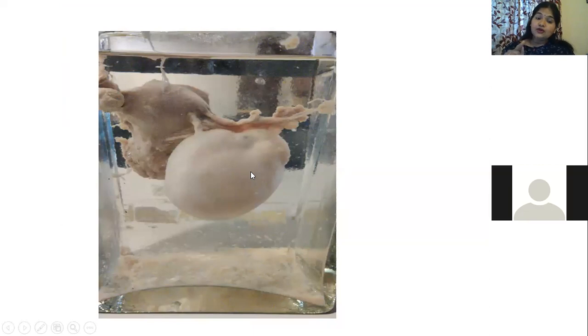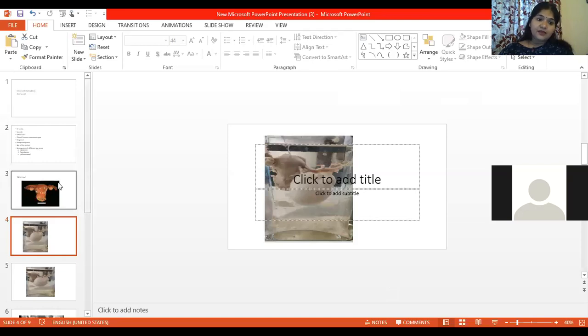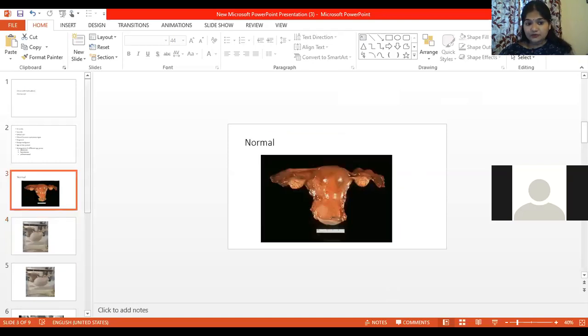When you remove the normal ovary, it is called oophorectomy. When you remove only the cyst of the ovary, it is called cystectomy. When you remove the diseased ovary, it is ovariotomy, right? So when you remove a normal ovary, it is ovariectomy. When you remove a diseased ovary, it is ovariotomy. And when you remove the cyst, it is called cystectomy. So these are a few questions which can be asked to a student who does well in viva. And I think I was very clear about it.